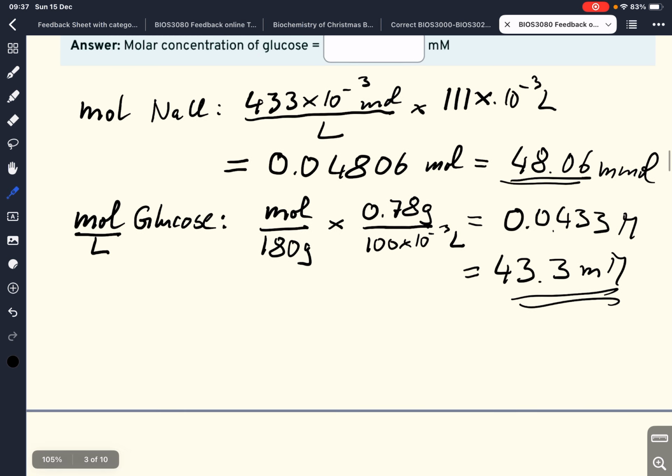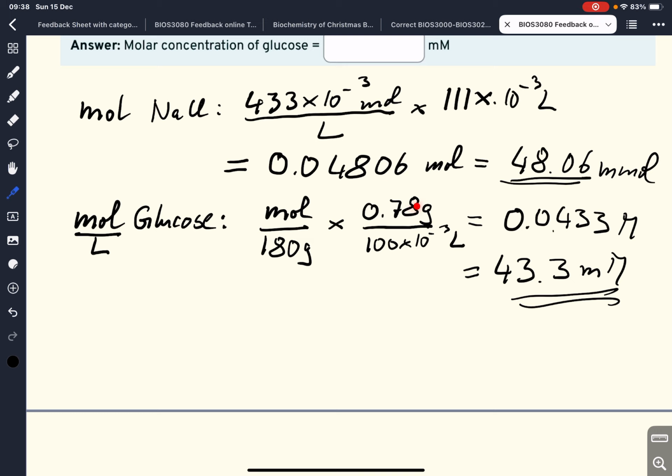Now, for the molar concentration of glucose, we said that we are looking for the mole, or 1 mole equals 180 grams. That's our molecular mass. So we've got the mole in the right place here. We've got a gram here, and we need to multiply that with our concentration. And we said the